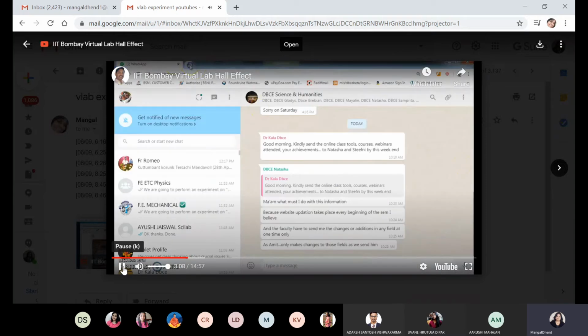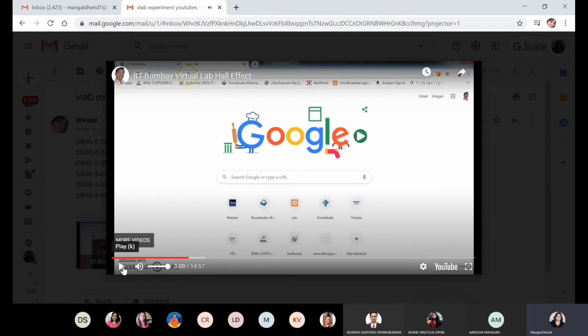To go to IIT Bombay virtual lab, you open a new Chrome. Can I know how many of you are performing from Amrita Vishwa Vidyapeetham? Students, I want only one reading from that. Ma'am, me, Sakshi. Okay. And those who are unable to perform, they try from IIT Bombay mobile. Just go in IIT Bombay, open that virtual lab experiment. Then I will just operate this video in which it is demonstrated.